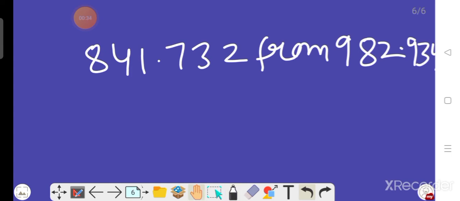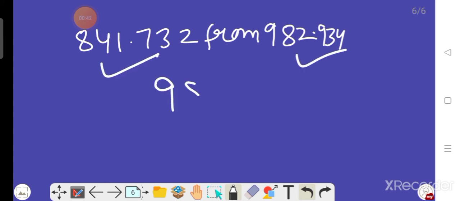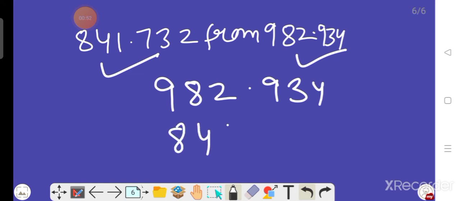Okay, now you have to subtract this number from this number. So firstly we write the number 982.934. Then as in addition we have to write the whole part of one number just below the other, and